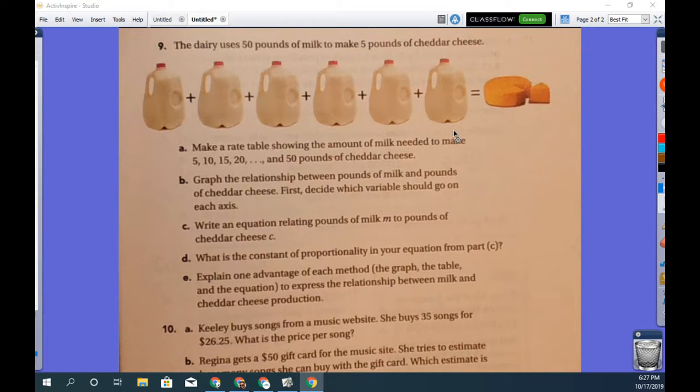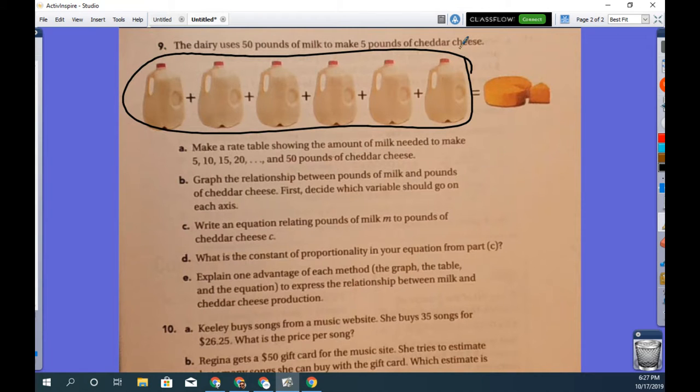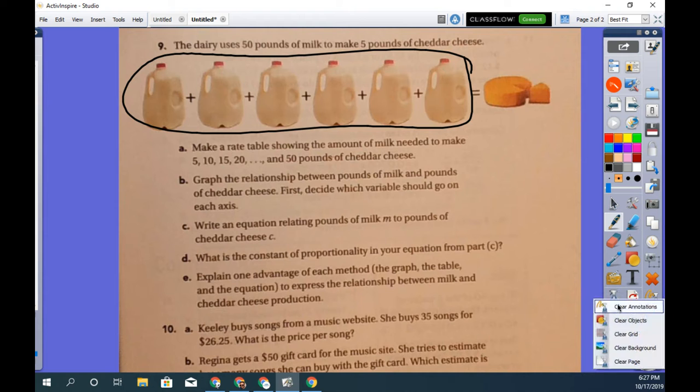So here's the data that we need to use. Right here, it's in picture form. It's going to take 50 pounds of milk. It's kind of odd that they would show 6 gallons. So I'm guessing somehow 6 gallons comes up to 50 pounds. And to make 5 pounds of cheddar cheese. So I guess our data really isn't there. It's more right